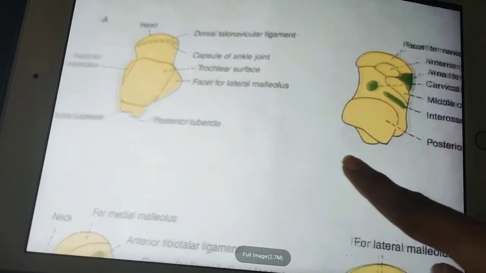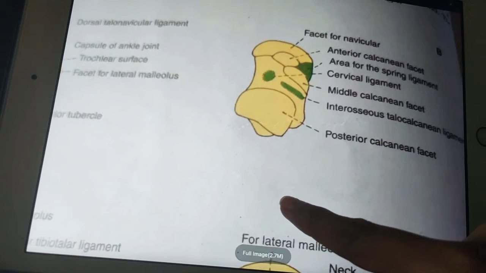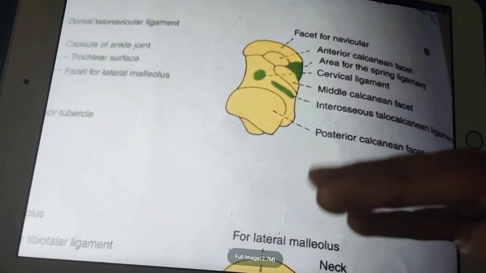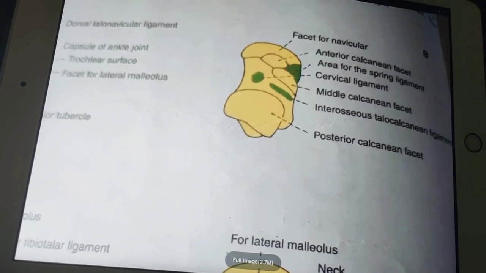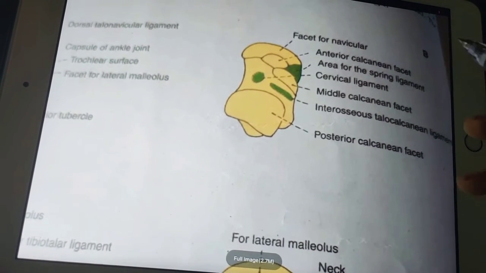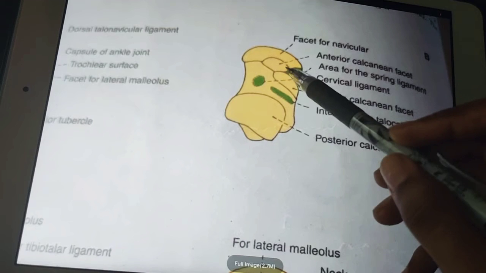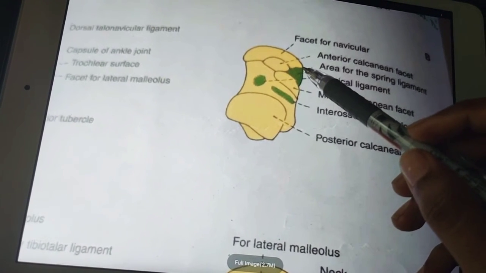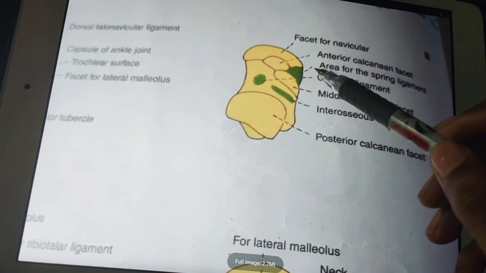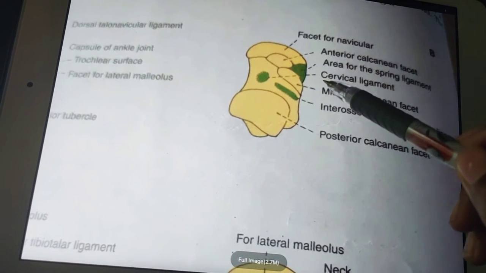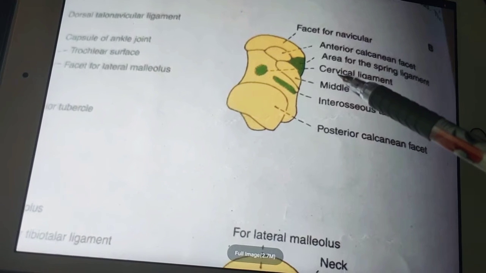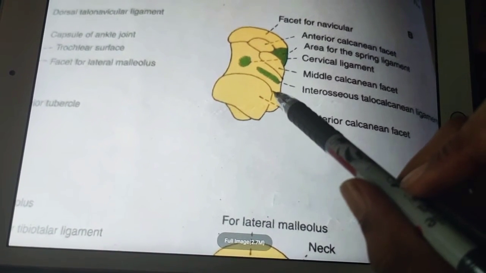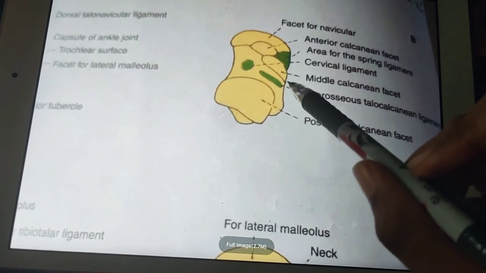Now coming to the inferior surface, it has 3 articular areas separated by indistinct ridges. The posterior facet is the largest, oval and gently convex. It articulates with the middle facet on the calcaneum. The anterior lateral facet articulates with the anterior facet of the calcaneum, and the medial facet articulates with the spring ligament. If you see the medial facet, it will have the spring ligament over here.